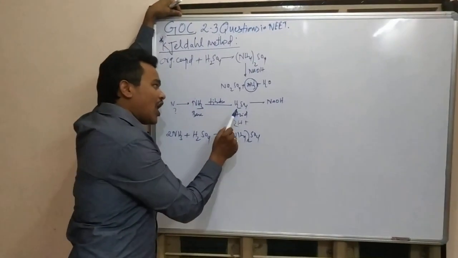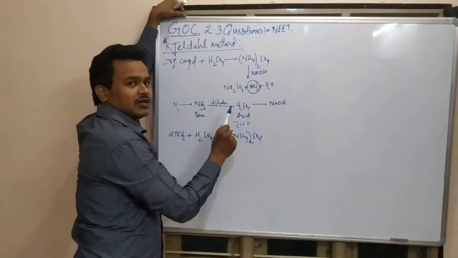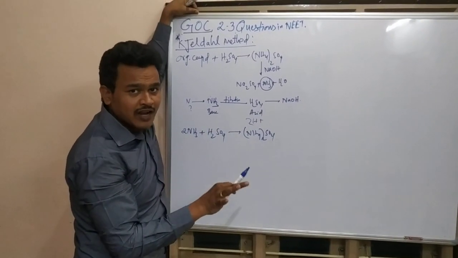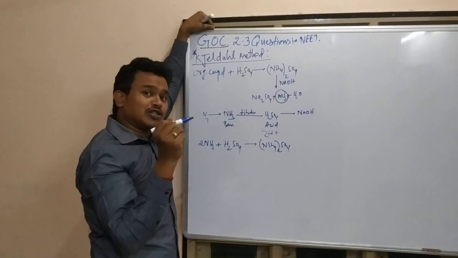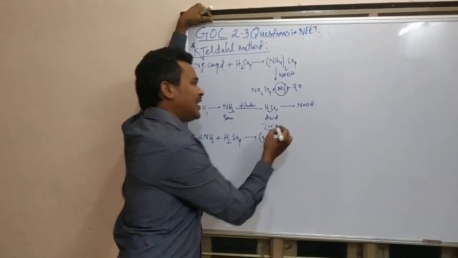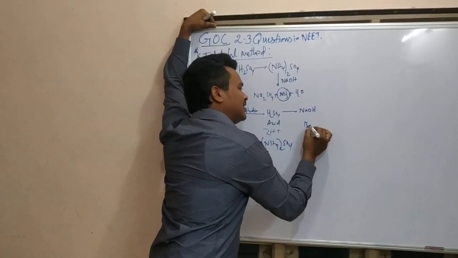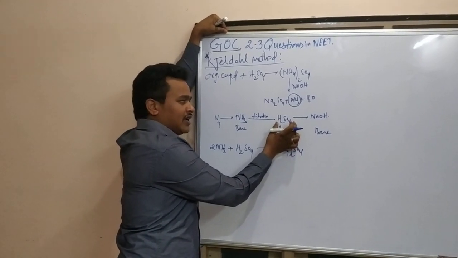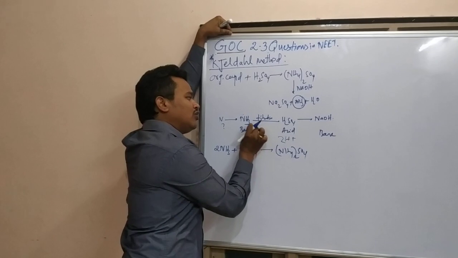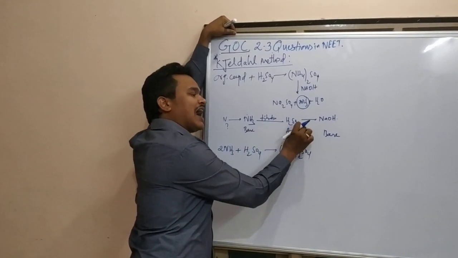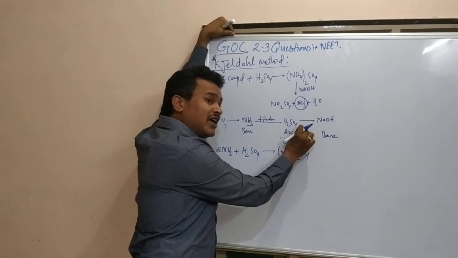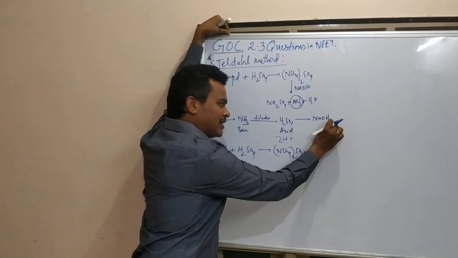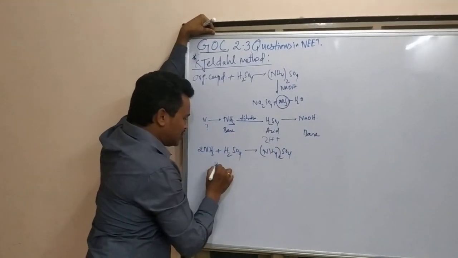Okay, how much H2SO4 is used out of that excess? Some amount is used. The remaining amount will be there only now. So the remaining amount also I have to calculate. How can I calculate? By using another base. For example, 100 moles of H2SO4 I am taking. In this 100 moles, 50 moles are going to titrate with ammonia. The other 50 is remaining. How can I identify that remaining 50? By using another base. What is that?